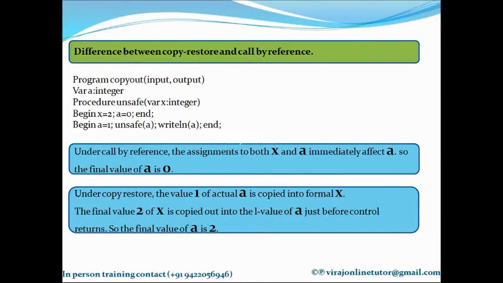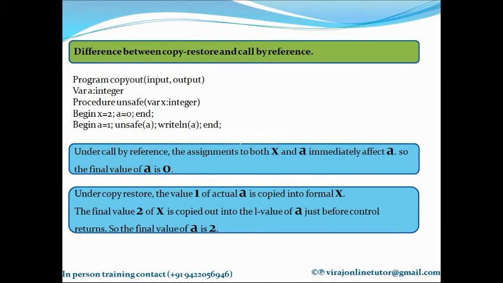So now X and A both contain value 0. Now when this function returns, that is, this function completes, and I print the value of A, what is saved in that address now?